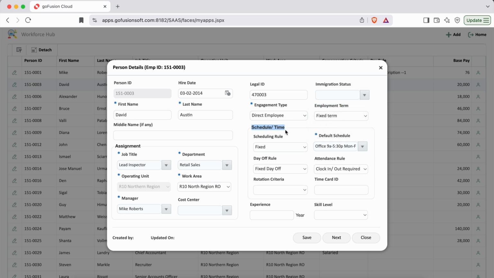In the scheduling and time section, we define whether the person follows a fixed, rotational, or flexible work schedule, or if scheduling is not required. For fixed schedules, you can assign a default work schedule, such as Monday to Friday, 9 a.m. to 5 p.m. The day-off rule can either be fixed or derived from the assigned schedule. If based on the schedule, the system will automatically recognize weekends or other defined days off. If fixed, you will manually set specific off days, which is useful in operations that run throughout the week but